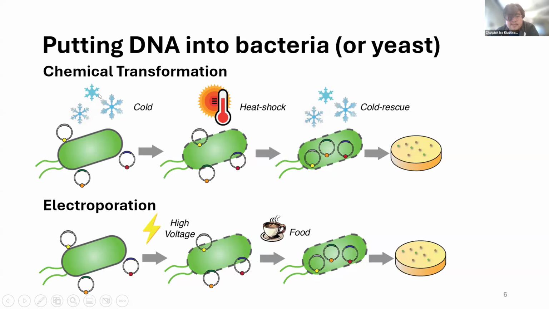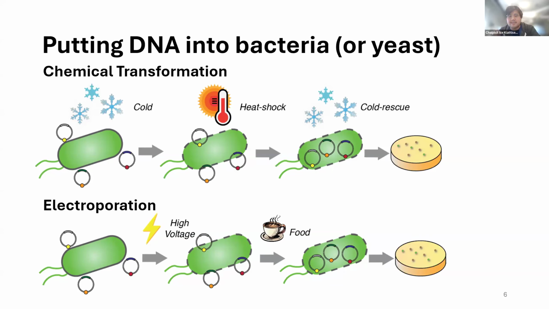So what you can see right here is that similar to trying to break glasses, we just put the bacteria into the cold temperature and then heat it up so that there's some expansion, make some pores, and the DNA can get in, and then we just cool it down again to trap the DNA inside. Similar thing with the electricity, you just shock it so that the membrane makes some pores, taking some of these DNA inside, and then we're trying to grow them further so that they can repair themselves,